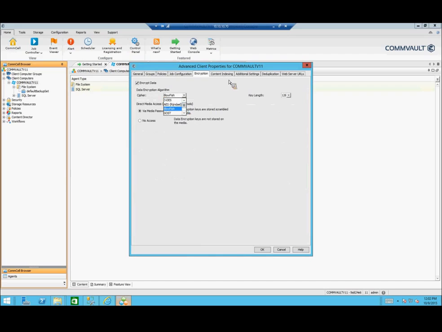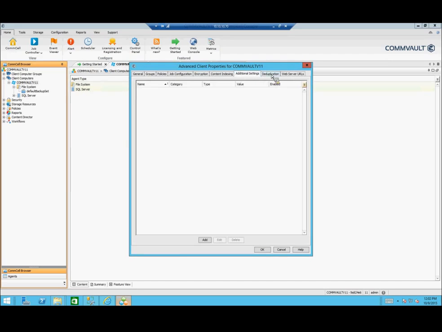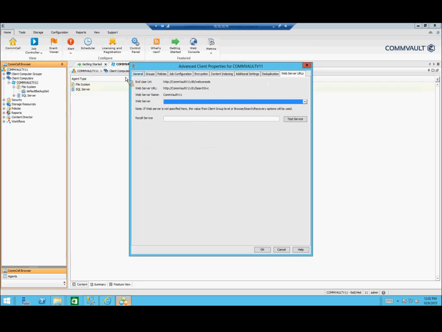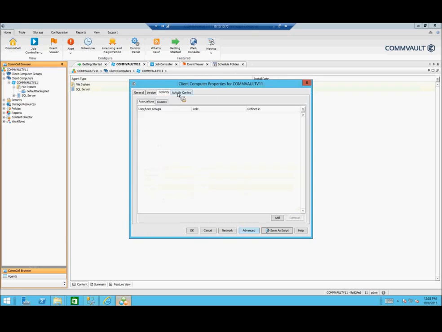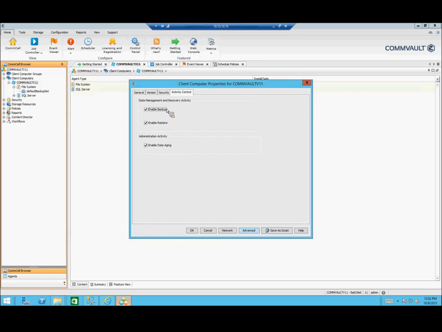Those options are the same. So everything here is pretty much the same as 10. One thing we did here is we changed description from text to HTML. So we're doing a couple of little different things there. One thing on our activity control: before we only had enable backup, enable restore, we also have enable